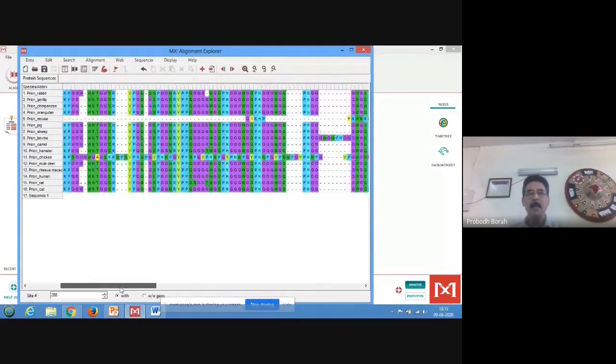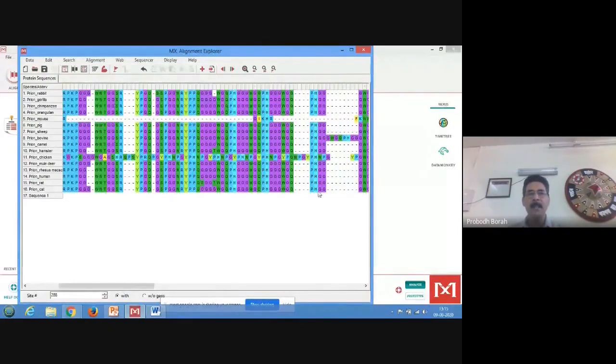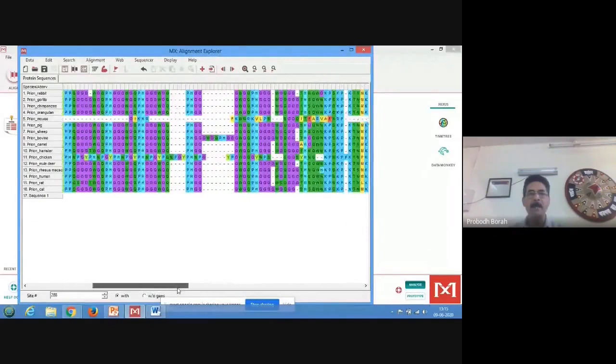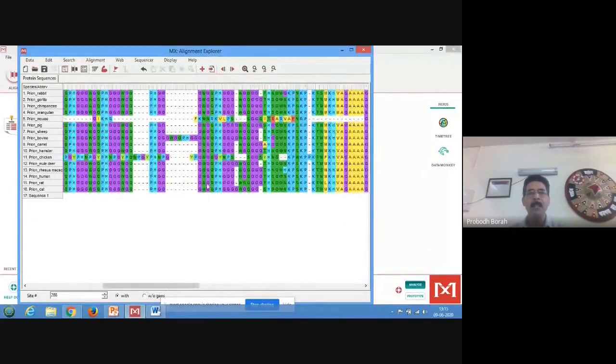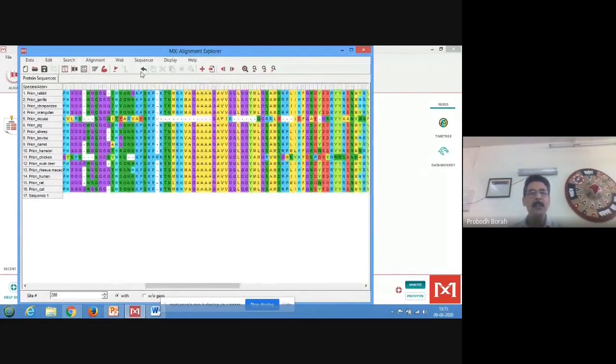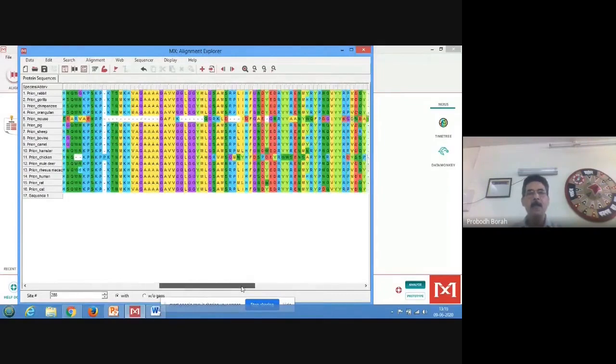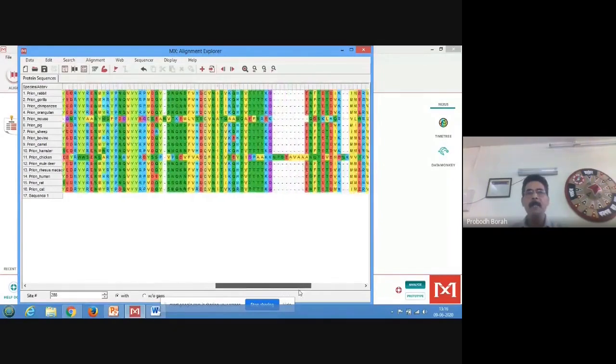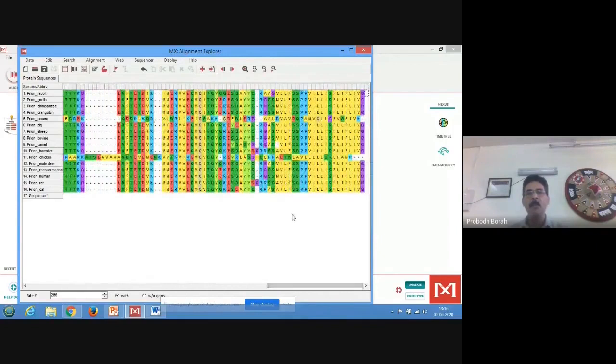Now here we have seen that in many places, clearly recognizable similarities are there in all the sequences except one or two, or in some places even across sequences, including the chicken sequence. You see here, all these three nucleotides are similar, including in chicken. So clearly recognizable similarities exist. So our method will be the distance methods once again, UPGMA or the neighbor joining method.